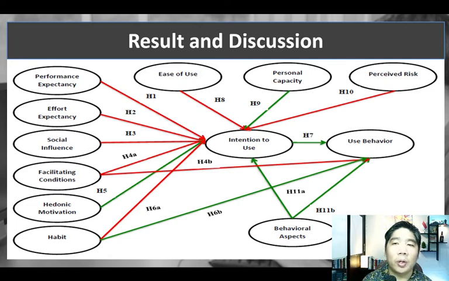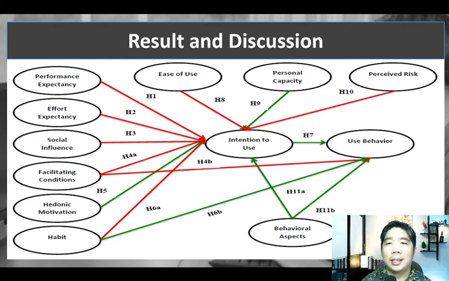So next we are talking about hypothesis 7, intention to use to the use behavior. And the intention to use factor significantly influences the use behavior. This is because users frequently desire to use the cashback program on mobile payment, making it a habit